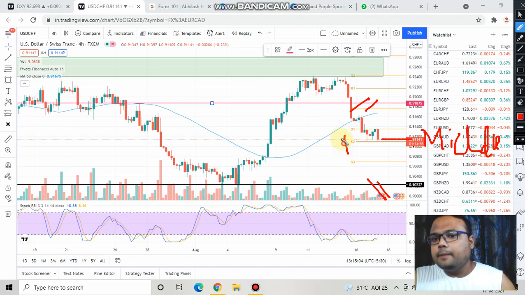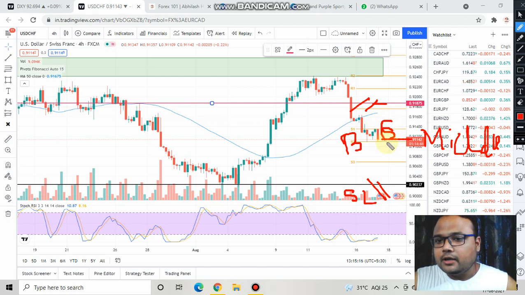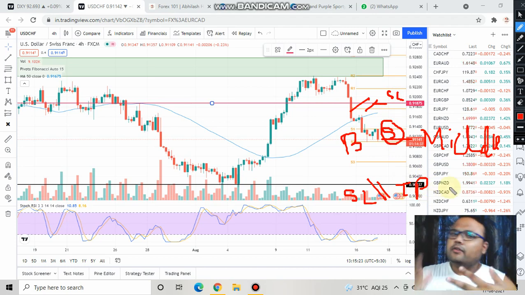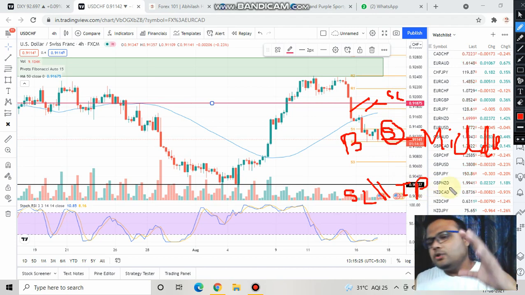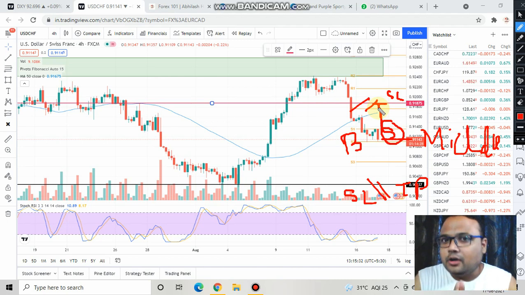Therefore if you go for a buy here, then your stop loss will be here, and this will be a take profit target. So your risk to reward ratio does not match. On the other hand, if you just short the market here, listen to me carefully, your stop loss will be here, this will be your take profit target. Your risk to reward ratio is in your favor, but still don't you think that this gap is too much, this stop loss is too much? So this trade is not a favorable trade for you, because if you buy or sell here,